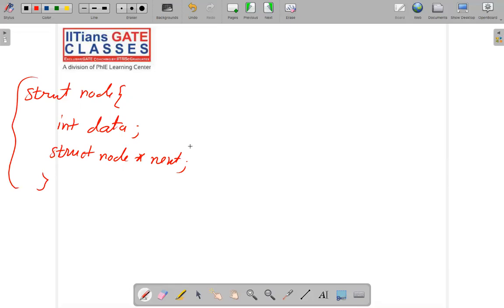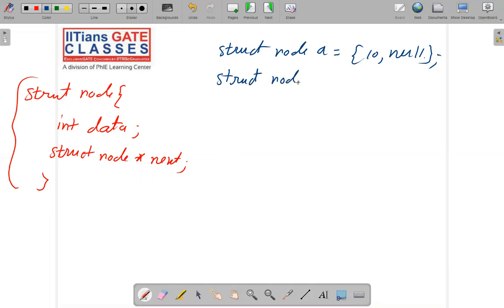Now I'm going to create several nodes here, like struct node a = {10, NULL}. Right now I'm storing NULL in this pointer. Okay, I'm creating several nodes using this definition: struct node b = {20, NULL};